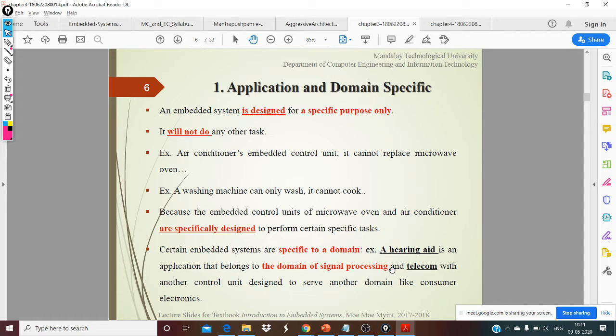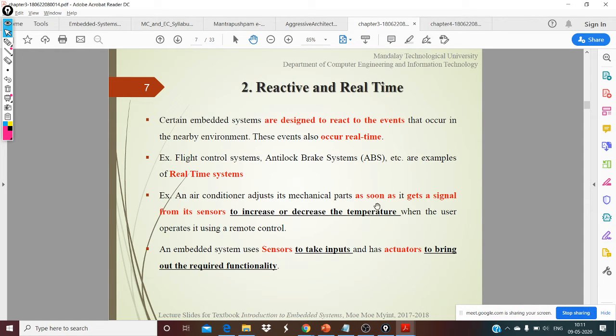It's like a SCADA kind of automation that goes on, meaning an entire system, from the feeder all the way to the final product. Everything is tied to an automated system. Those kinds of systems are specific to the automation part. They cannot come to the other domain. They have nothing to do with signal processing. So they have specific domains to concentrate on. And the second point is reactive and real time.